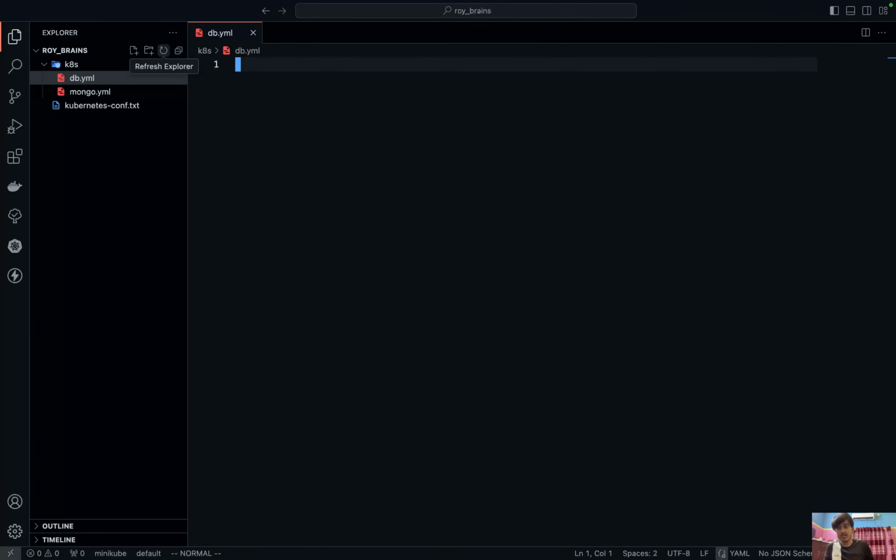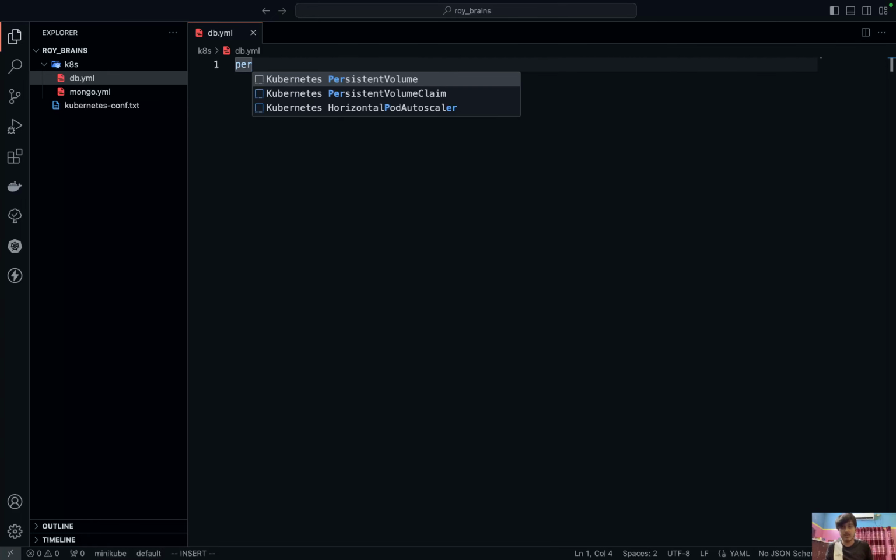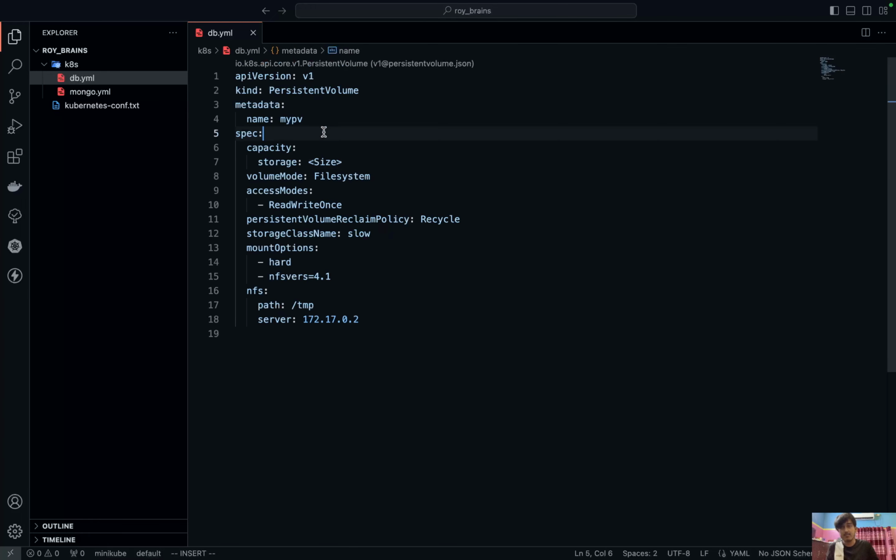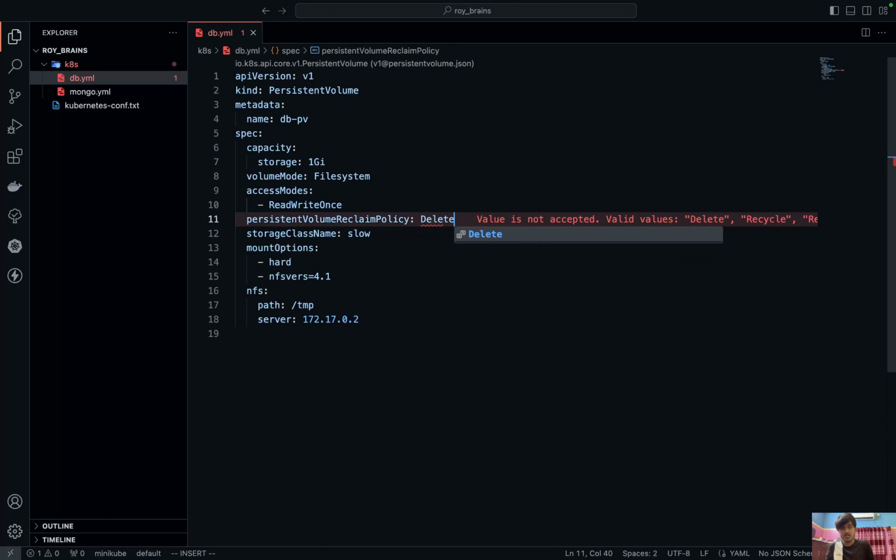db.yml, database.yml. First of all, you need to create a persistent volume. So to do that, I'm gonna go for the persistent volume, and here we need to name it dbpv. Okay, it means database persistent volume. We need to give it a size of 1 GB. It has a file system. Okay, and reclaim policy, I'm gonna make it delete, and it should be standard,